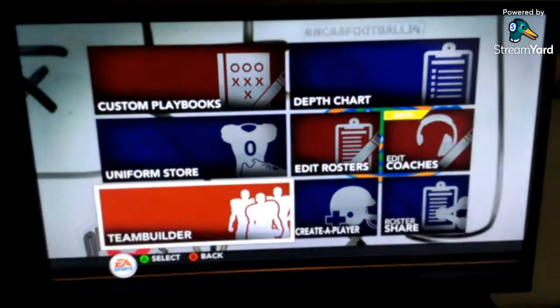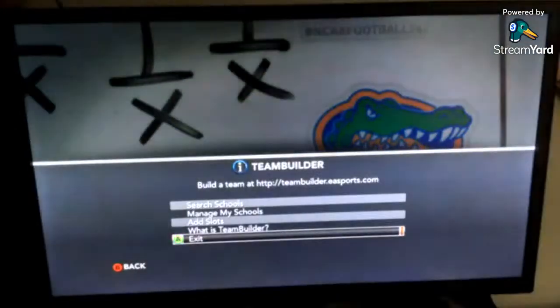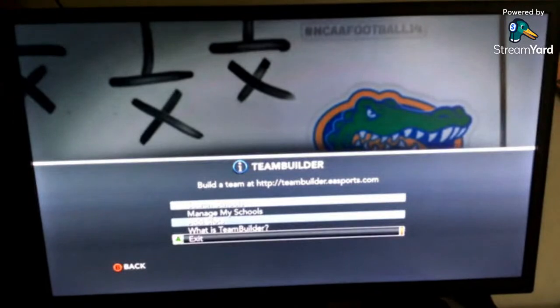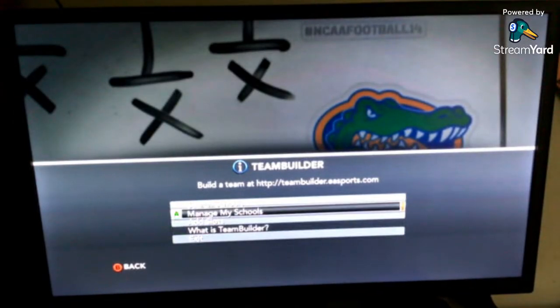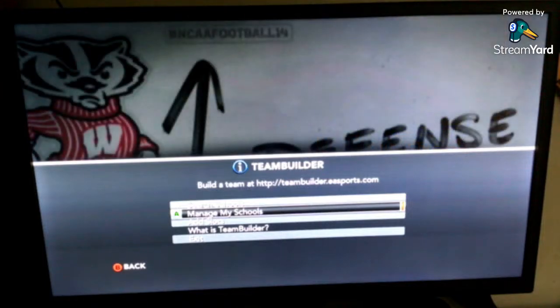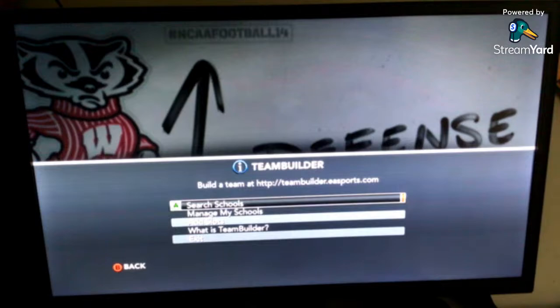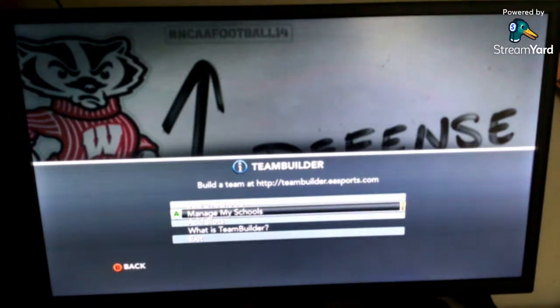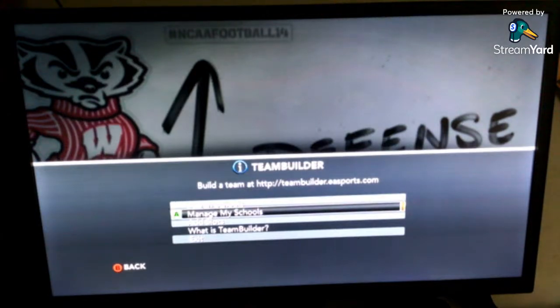You can go down here where it says Team Builder. First, you've got to be logged in to EA Sports. After you've done that and signed into EA Sports, you're going to go into Manage Schools first. I know that it'll be in your Search Schools, but first you gotta go into Manage Schools. Why do you gotta do that? First, you gotta make sure you've got